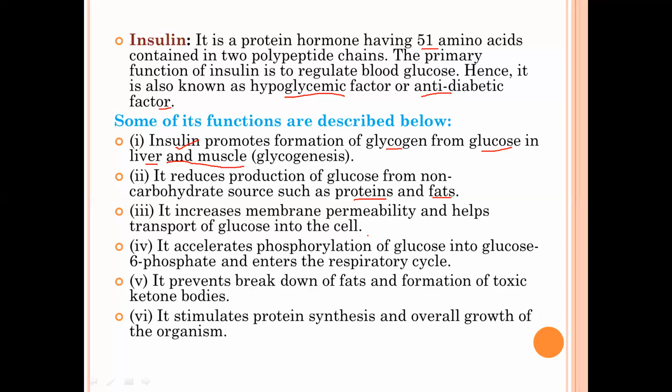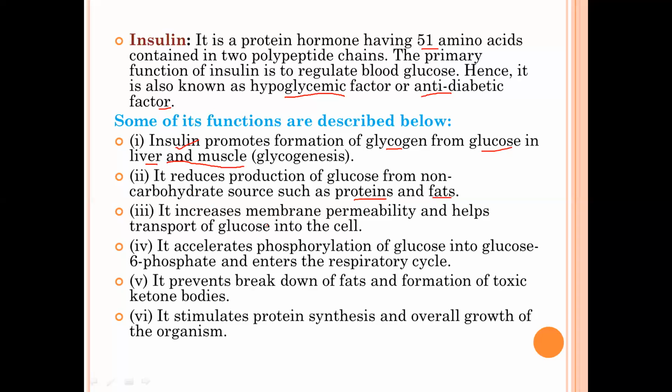That is the reason a person who has diabetes, even though they consume food or take more glucose, the chances of entry of glucose into the cells are inhibited. Why? Because insulin production is low. It will not go and bind to the receptors. As it is not binding to the receptors, there is no chance of making the cells permeable to the glucose. That's the reason the glucose content increases in the body.